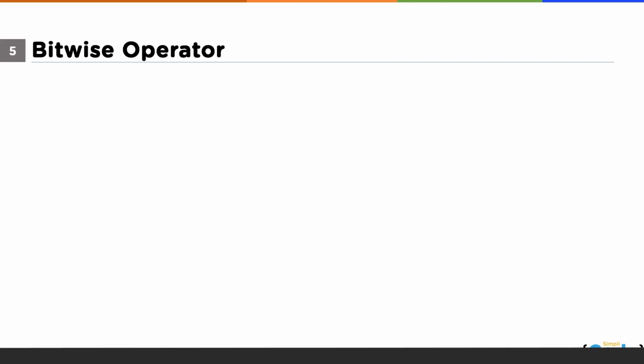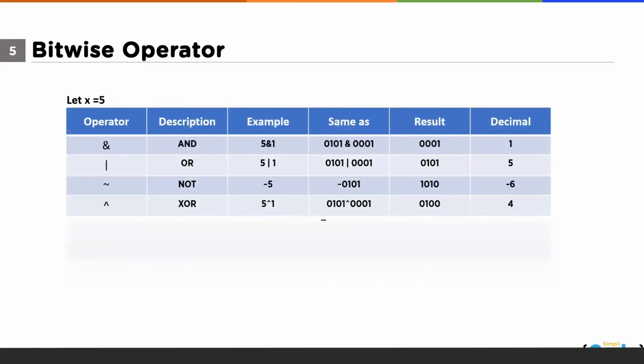So here you can see on your screen, we have 4 different bitwise operators. We have the AND operator, we have OR, we have NOT, and we have XOR, or we can say exclusive OR. The results and the answers are also here. It's pretty simple. We have used the AND operator before as well while we were in logical operators, but the syntax was different, and here you can see we have a single ampersand sign to use the bitwise AND operator.